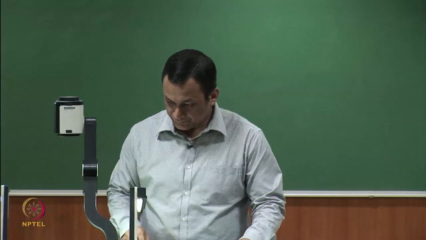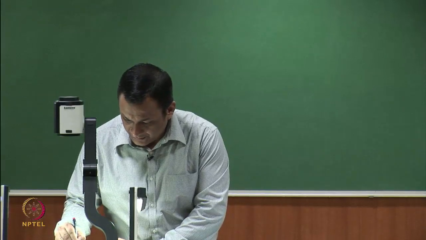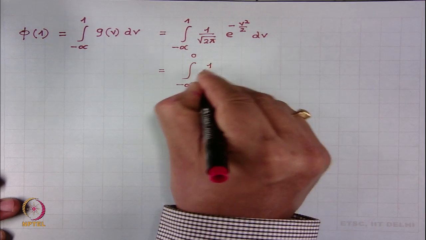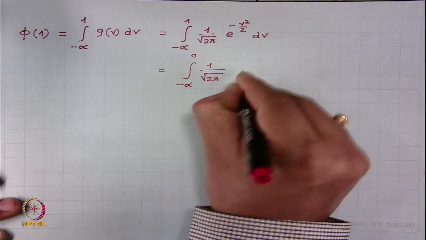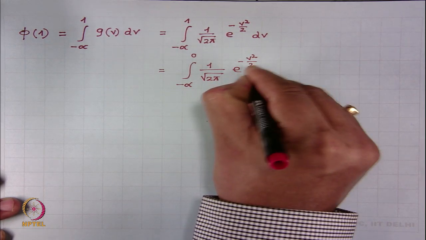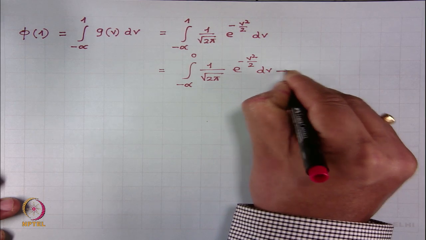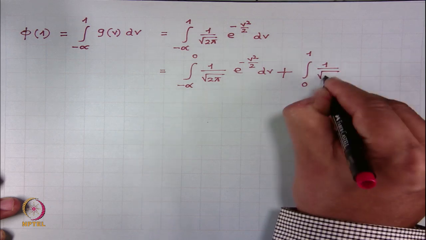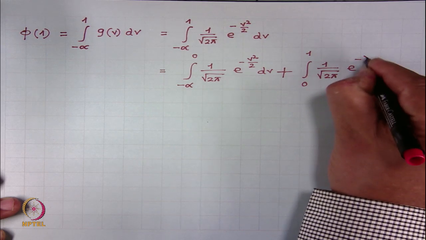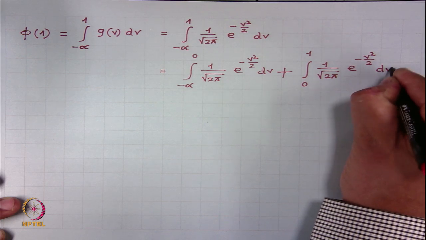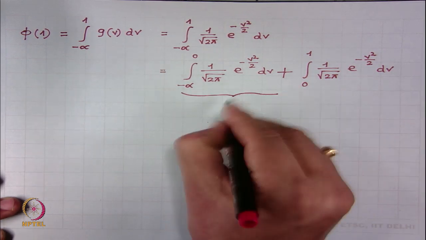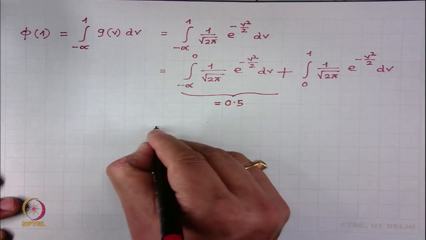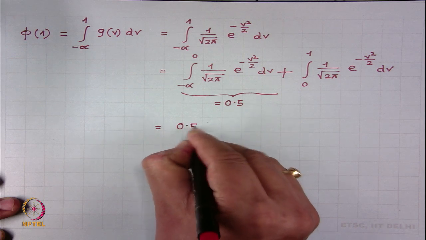So, this we can write down in this manner: minus infinity to 0, this probability, plus 0 to 1, this probability. Why do we do this? Because we know this is half of the total area available under the curve, which is equal to 0.5. So, we write 0.5 here plus